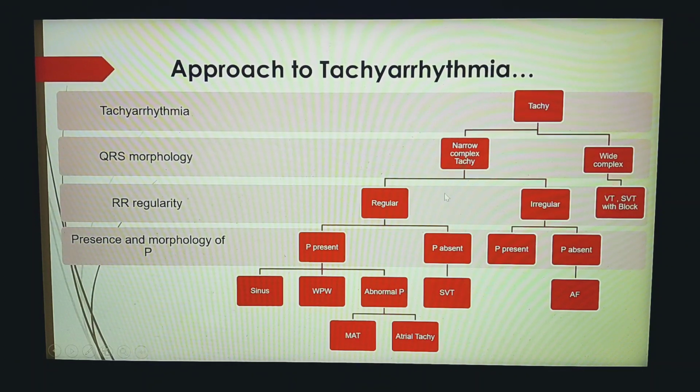So when we find narrow complex tachycardia but P absent, the differential is two: either supraventricular tachycardia or atrial fibrillation. If rhythm is irregular, then atrial fibrillation. If rhythm is regular, then it is supraventricular tachycardia. If P is present, then we check whether it is sinus. It is sinus tachycardia when the PR interval is all normal, with only the tachycardia. If the PR is short,